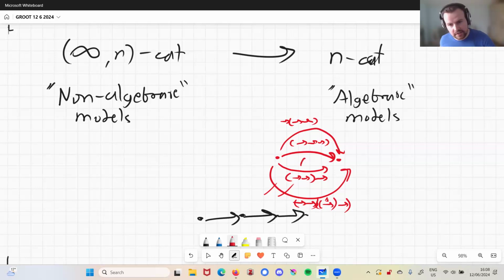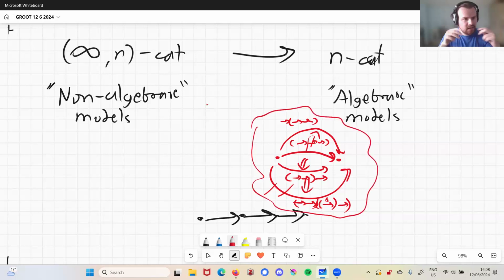Between these, you'll expect things like associators and unitors, which you might have seen from bicategories, two isomorphisms at level 2 that equate different composites. But then between those, you'll get two-dimensional holes, which get filled by things like pentagonators, if you've seen those in tricategories, and so on and so on and so forth. And in the end, you get this big space of different composites with higher isomorphisms and higher equivalences between those.